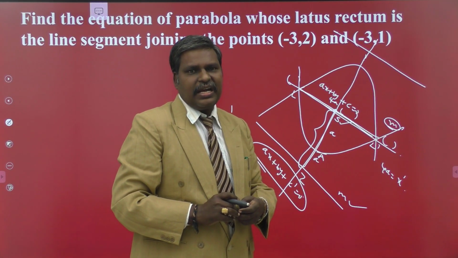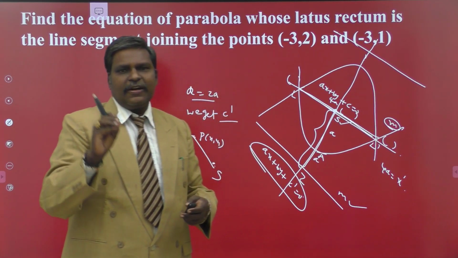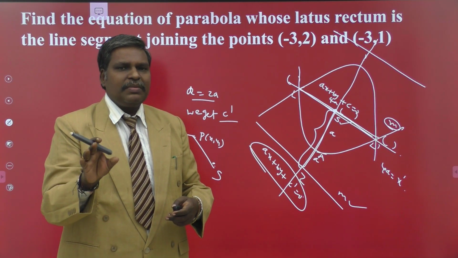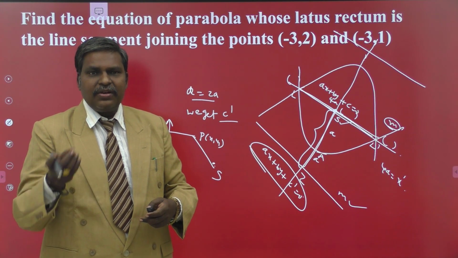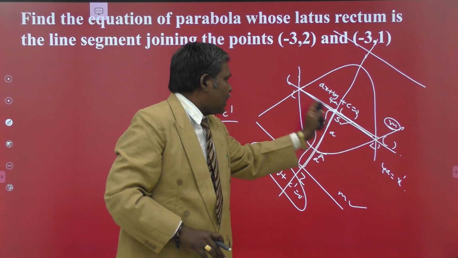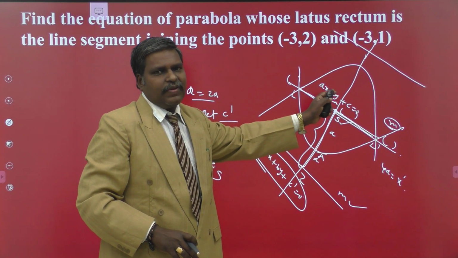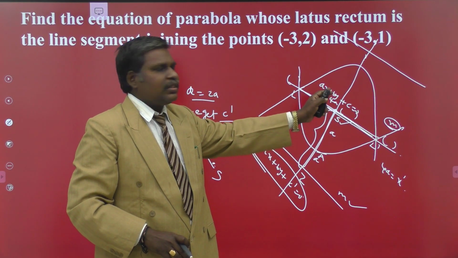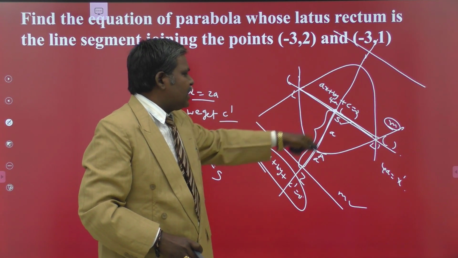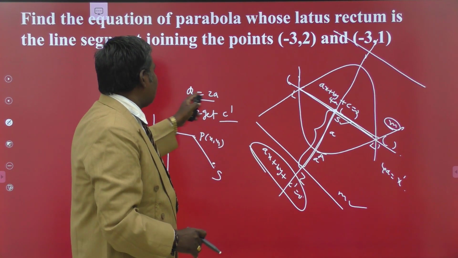when the latus rectum ends are given to you. Just the ends of the latus rectum are given. Your intention is to find the coordinates of the focus and the equation of the directrix. The focus is obtained very easily by taking the midpoint of LL dash itself. L and L dash are the extremities of the latus rectum. You have the length LL dash as well as the slope of LL dash. With that, you can write any parallel equation to it and apply the perpendicular distance from the focus to the directrix as 2a, so d is equal to 2a.